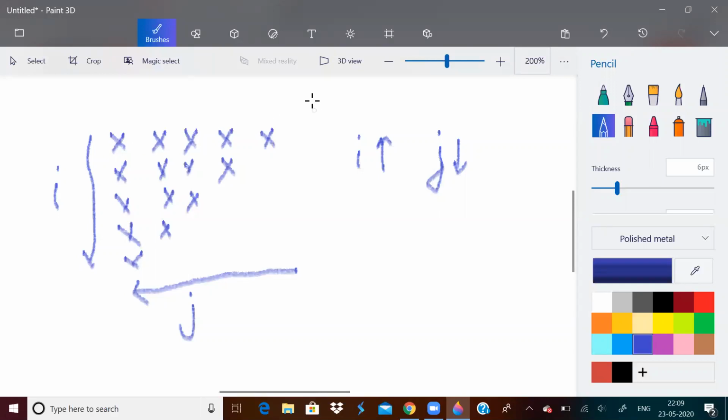We can see that suppose n equal to 5, that means 5 lines if I want to print. First line there will be 5 stars, second there will be 4, 3, 2. So it is decreasing by 1. Every next line the number of stars is decreasing by 1. So how to code this?